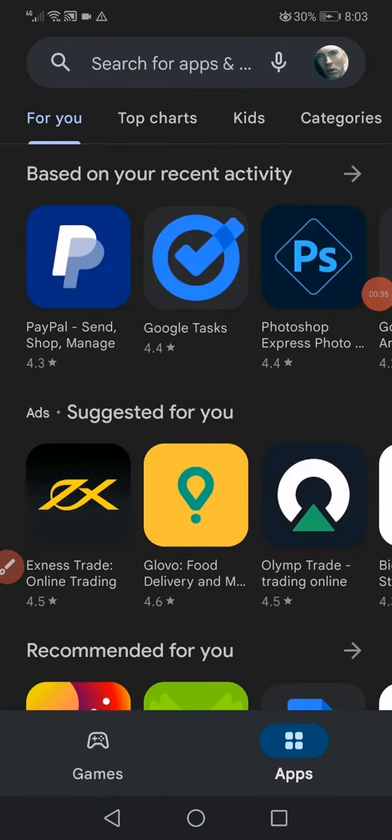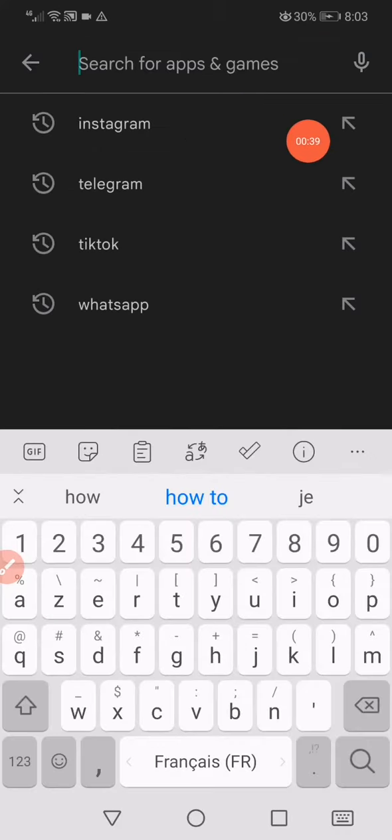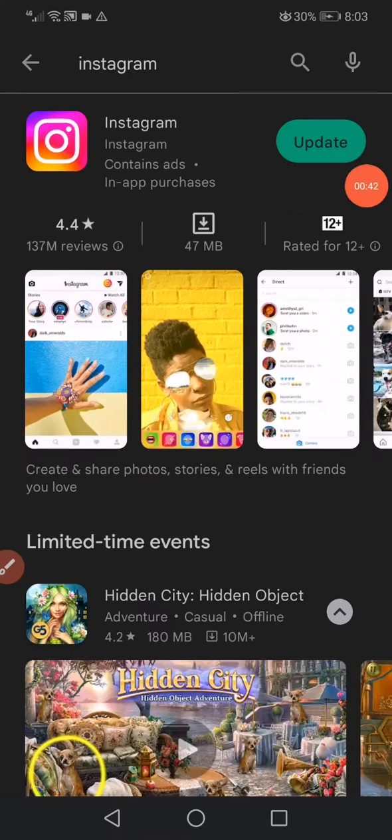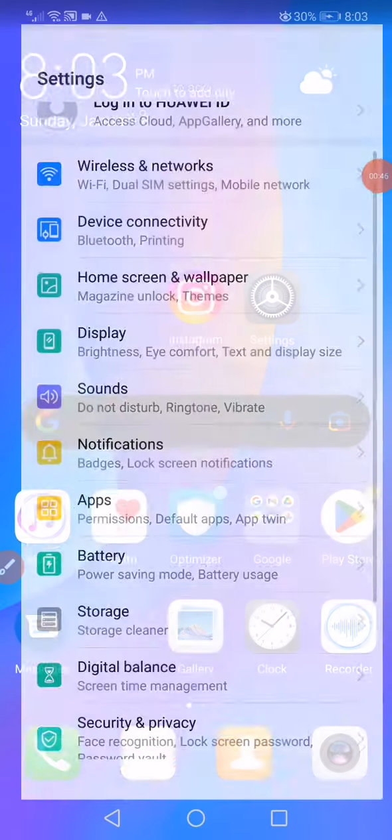If you have an iPhone, you can do the same thing. Just go to the search bar right here, search for Instagram, and then click on this update option, and that's it. And if the problem is not fixed yet, then you have to go to the settings, open the apps